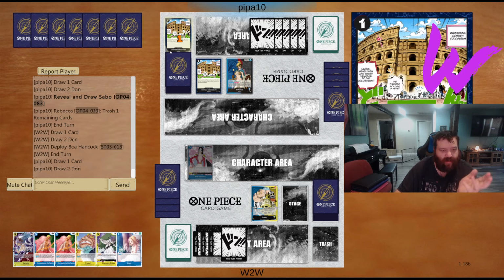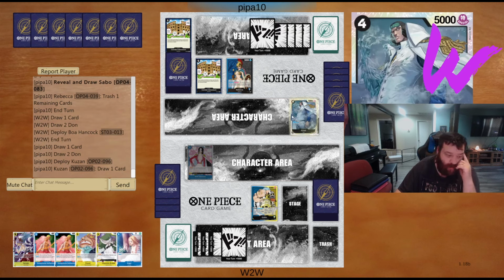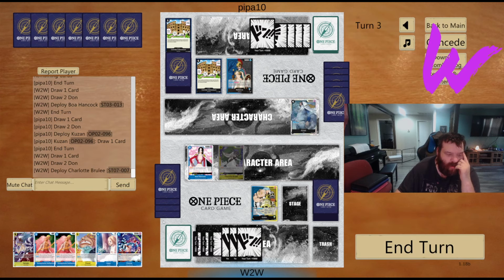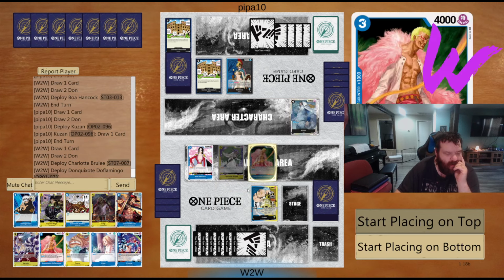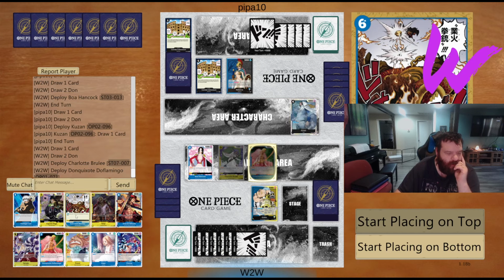Again, that guy kind of went overboard drawing cards. He's like, I was playing Kuzan. Interesting. I mean, I can always kill this whenever. We'll set up our first stacker here. None of these are... I mean, I can Mihawk this, but none of these are really...